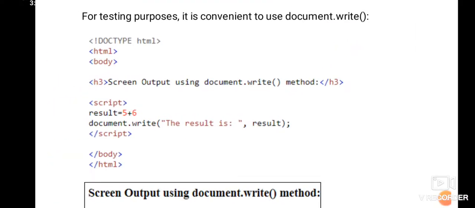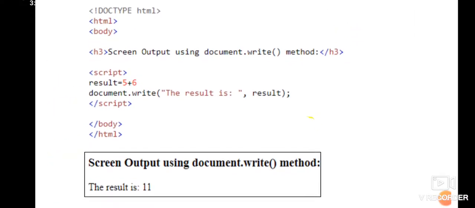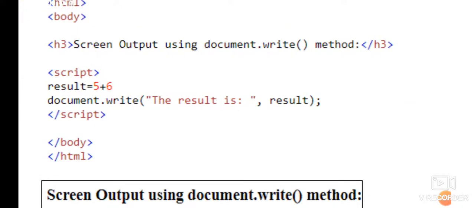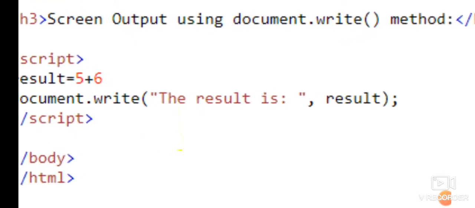Within this example, you can see here we are going to use H3 for displaying the heading, that is screen output, using document.write method. Within that we are going to write the script. Within the script, result is equals to 5 plus 6, means the result will be 11. To display that one we are going to use the document.write statement.